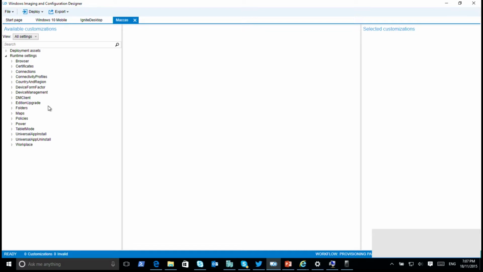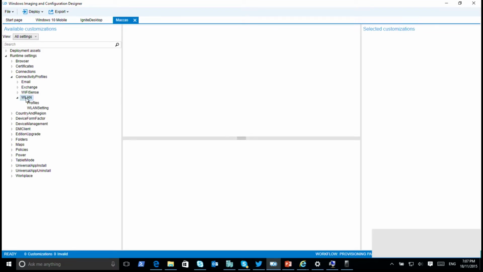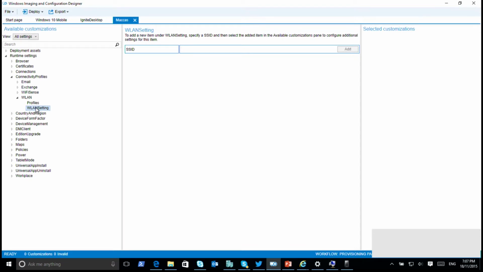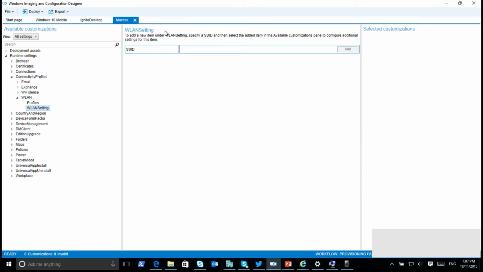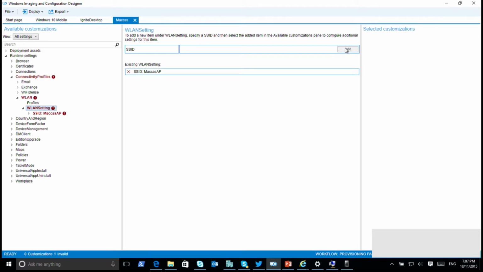All right, now what we're going to do in here is play around with some runtime settings. So I might go into my connectivity profiles here, because maybe I want to set this up to automatically connect to a wireless LAN. So I might go into my wireless LAN settings here, and specify an SSID that I want to connect to. So I'll go in here and type Macca's AP. I'll hit Add, and straight away